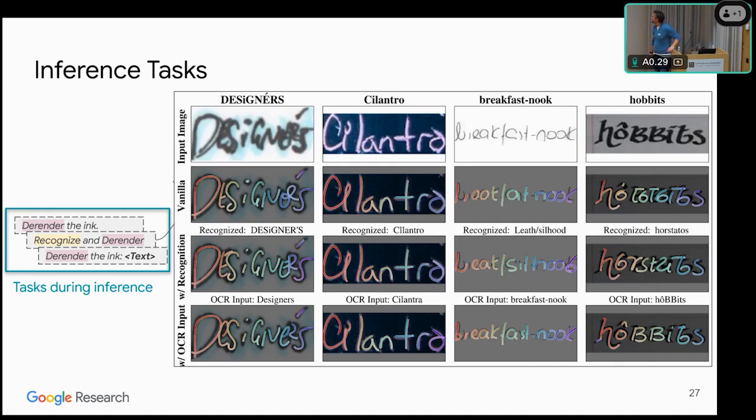This gives you an idea of what the quality differences look like. Obviously, the more information the model has, the better it does, which is no big surprise.